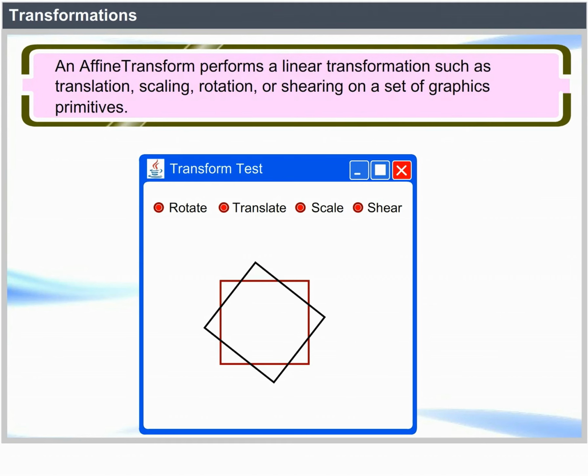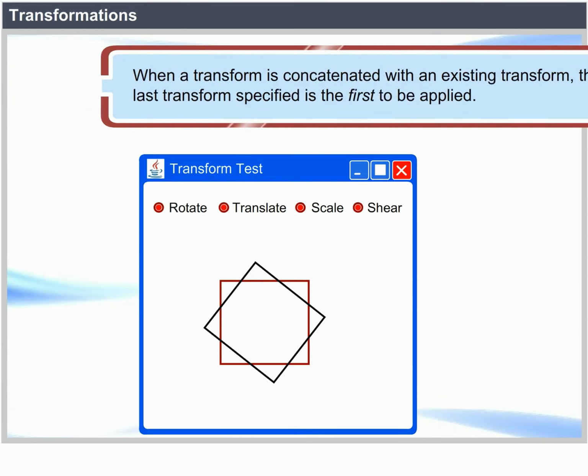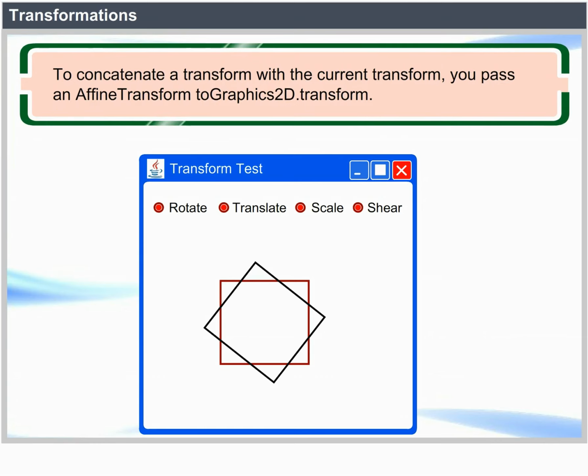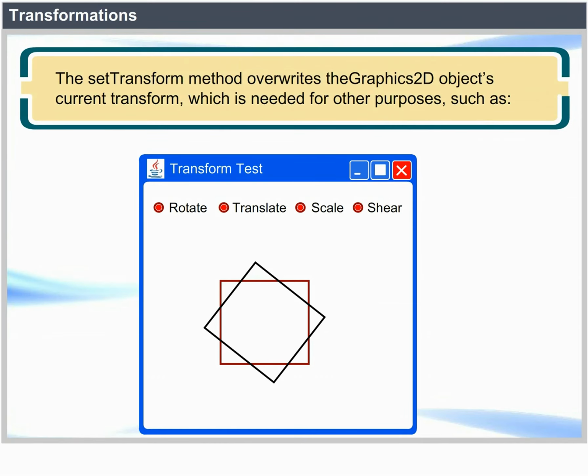An affine transform performs a linear transformation such as translation, scaling, rotation, or shearing on a set of graphics primitives. When a transform is concatenated with an existing transform, the last transform specified is the first to be applied. To concatenate a transform with the current transform, you pass an AffineTransform to graphics2d.transform. The setTransform method overrides a Graphics2D object's current transform, which is needed for other purposes such as applying